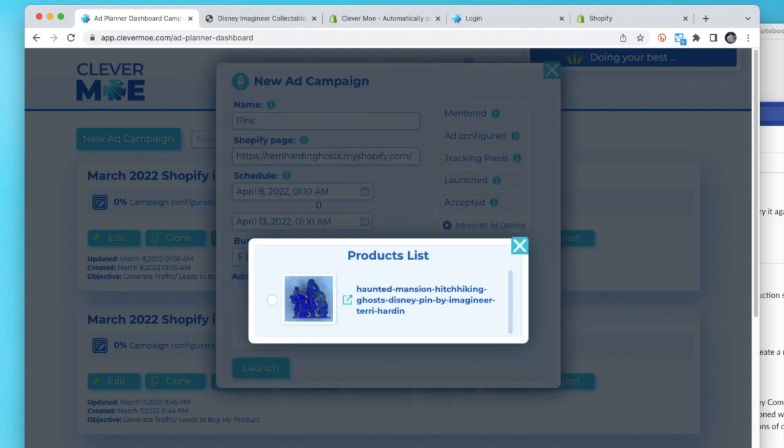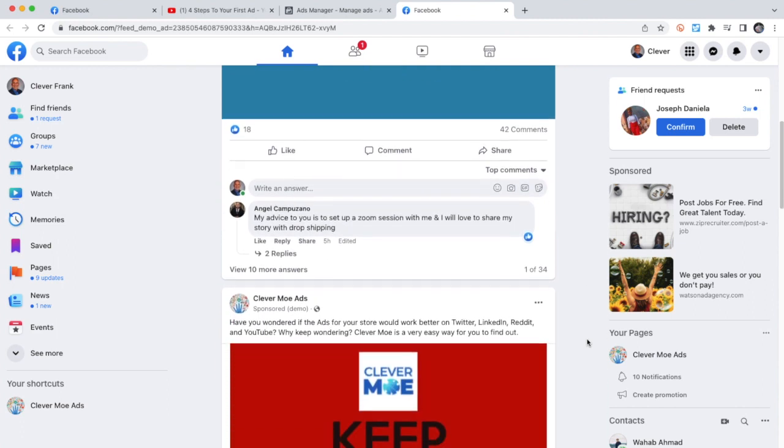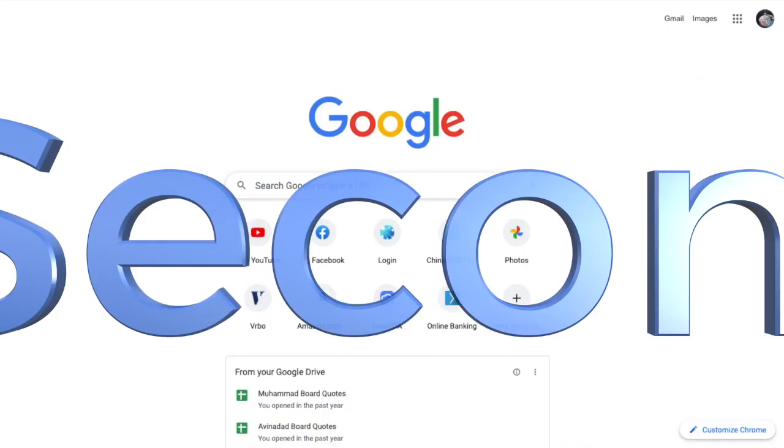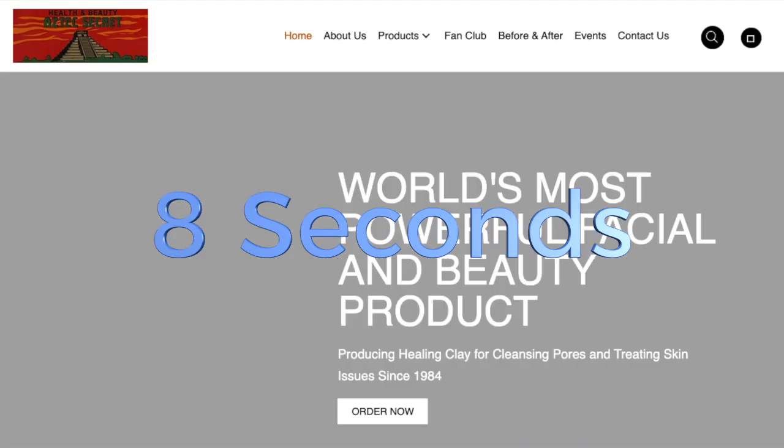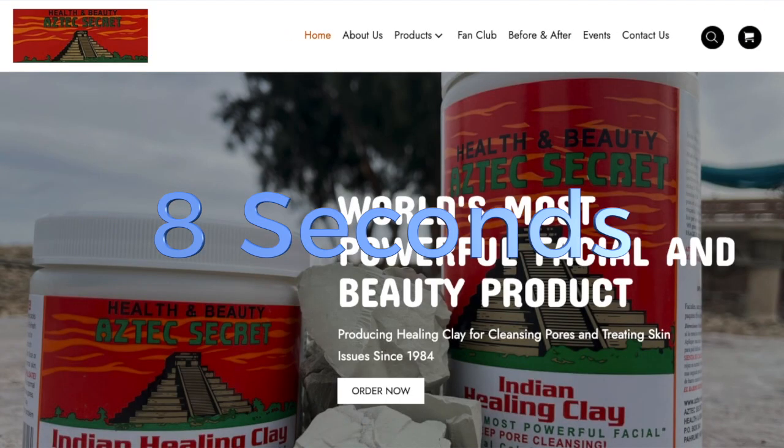People in your favorite audiences on as much as 6 social ad networks will see your ad and will click on it. That one single click takes them directly to the product page on your store. And with that one simple click, if the fast loading experience for customers isn't critically important, well, research shows that